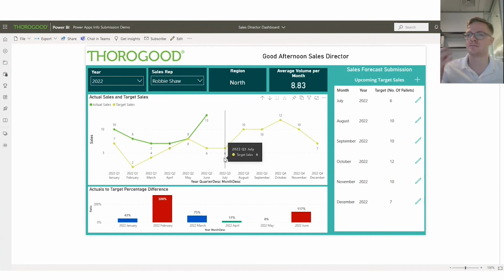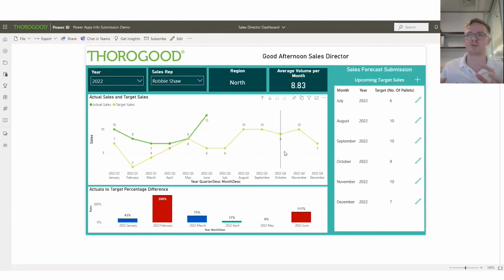And I can put my sales director hat on here and I go, okay, 6, 10. Yeah, that looks good. He's been underestimating before. He's told me that he's increased them. 12, the cost of living crisis is going up. Maybe businesses are going to be trying to cut costs a bit more. I think this 12 is a little over the top. So what I'm just going to bring it down to 9